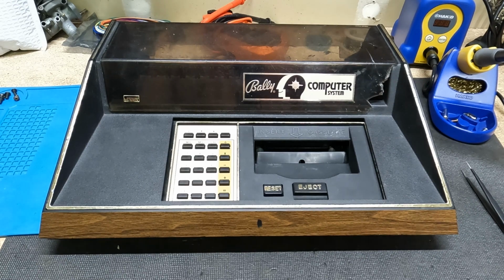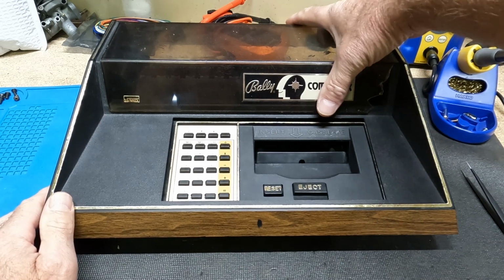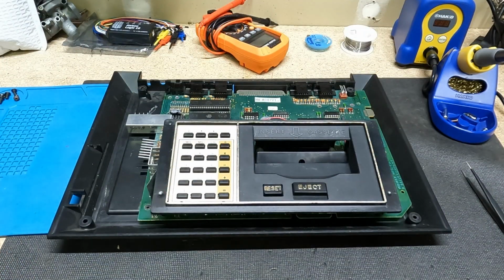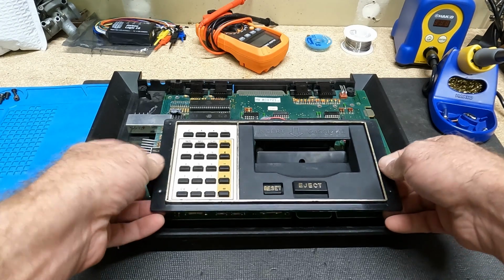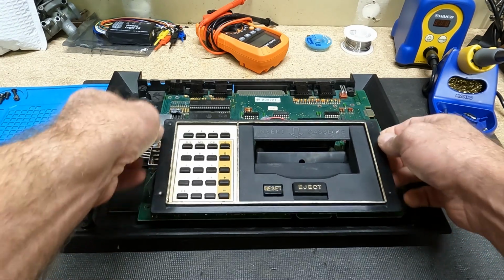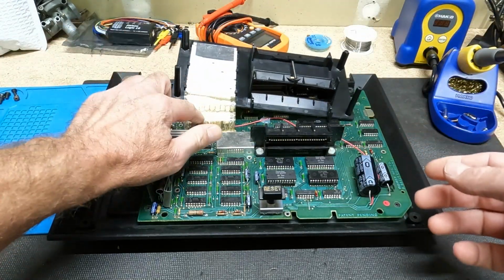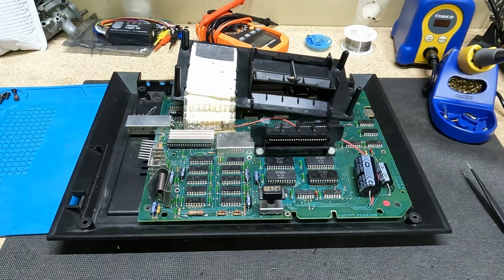So I did some troubleshooting on it, and I've already taken all the screws out of the case and the cartridge slot here. I'm going to try and be careful with that. You don't want to break that. So right off, there might be a few of you that can already see what the problem is, but so